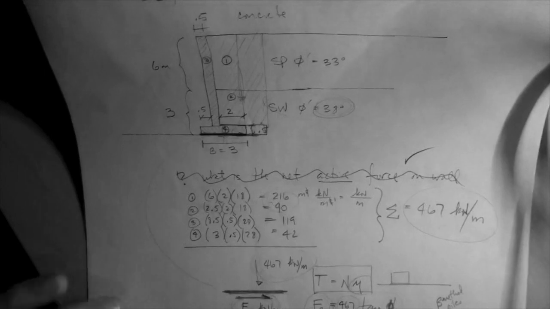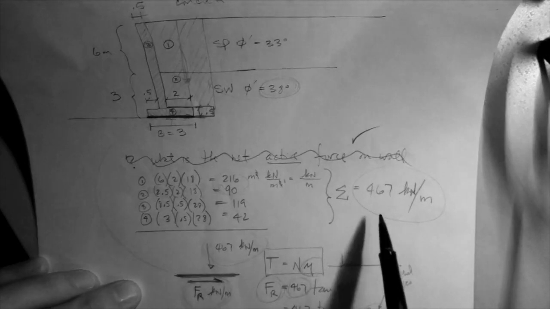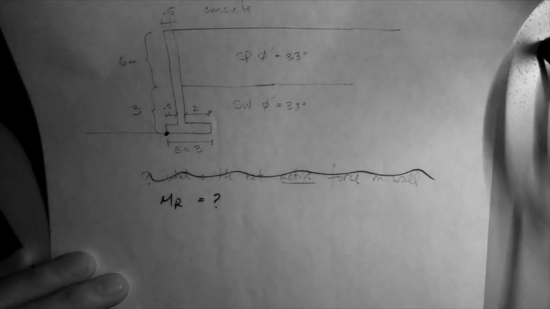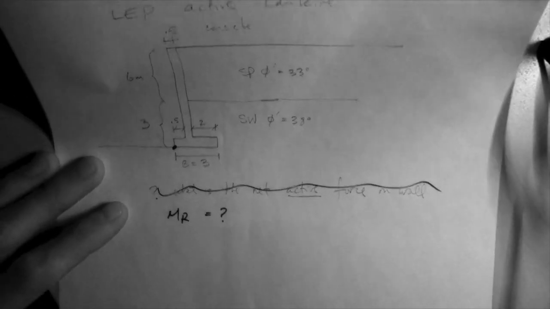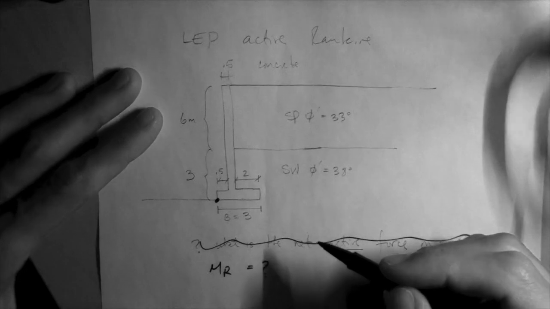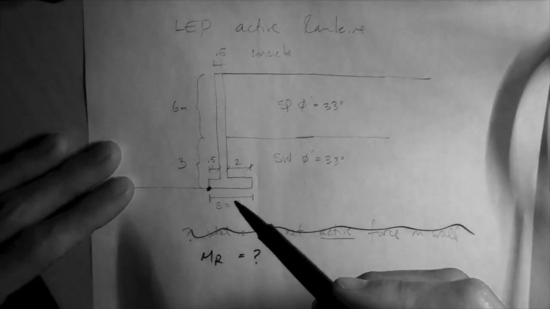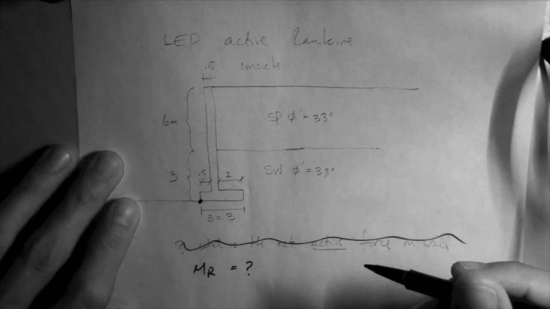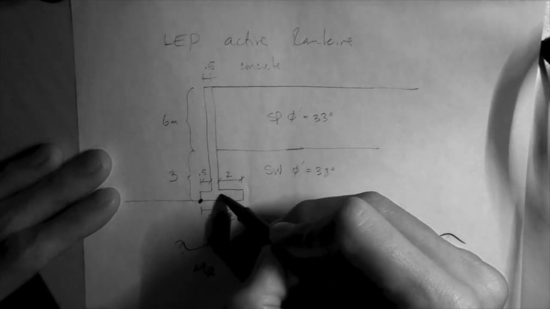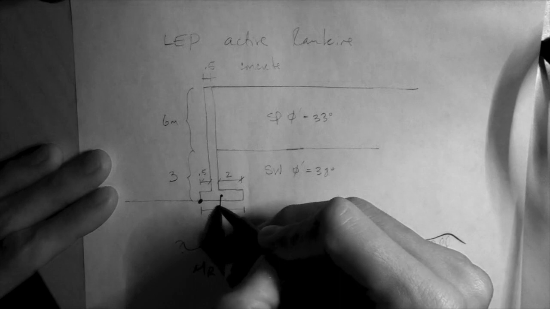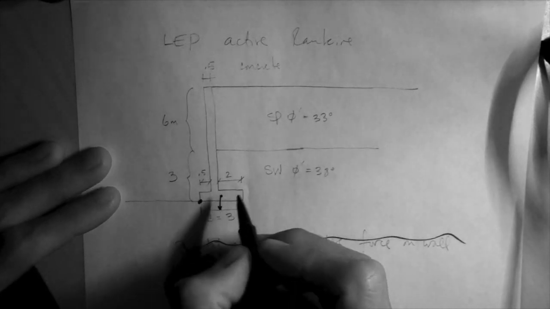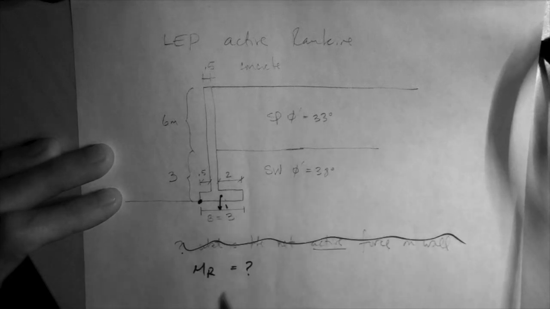But in the case of overturning, we don't have to get the net sum. What we do have to do is multiply those weights times the moment arms that they produce, or that they have related to this point, which is the point of selection, the point that we have selected, right? So the weight of the footing acts right here, right? That is the weight of the footing. It's number 4